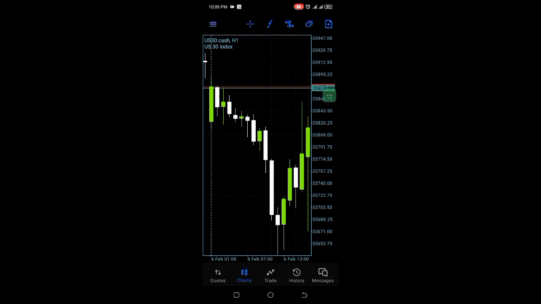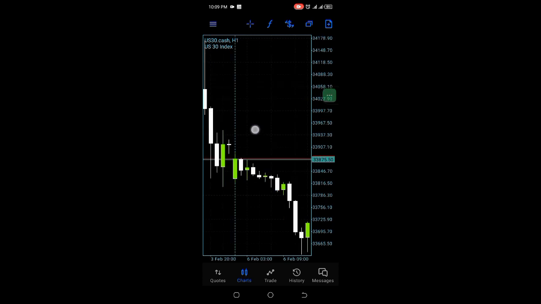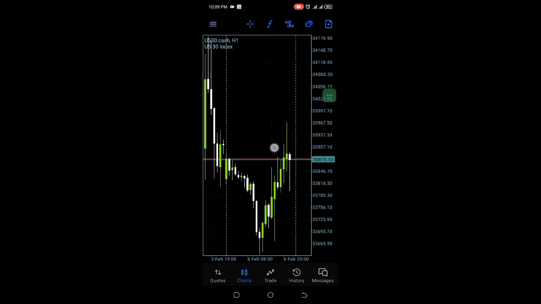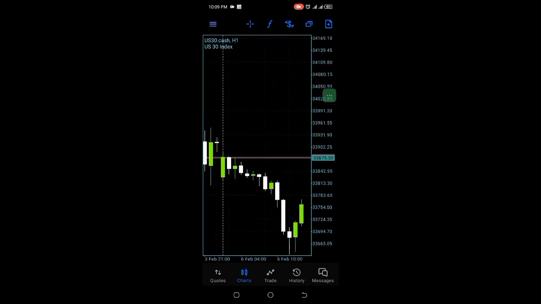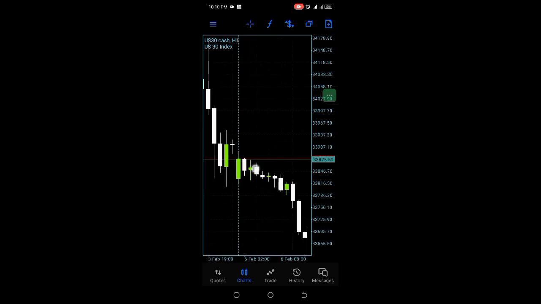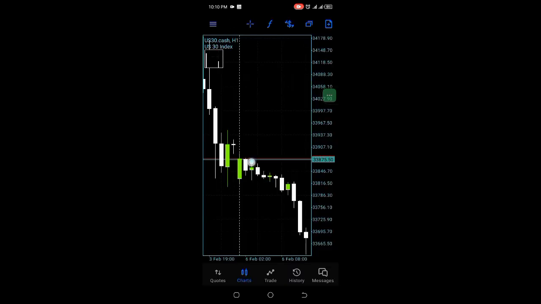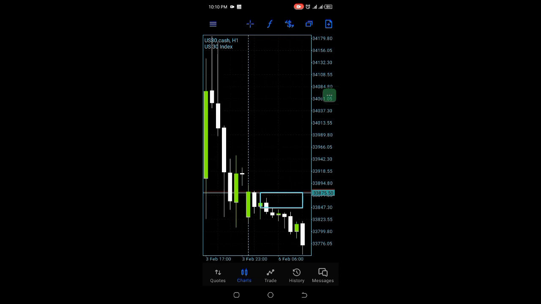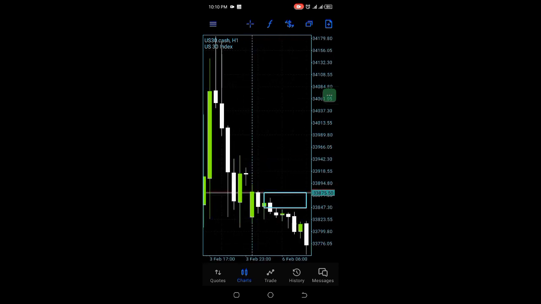Okay, so just you can see at the start of the day we had an engulfing candle at this point here. Okay, at this point here. So I'm just going to mark that zone here. We just want to wait for price to come back to the zone, okay, at that point, and then